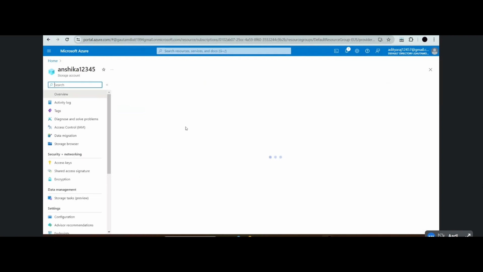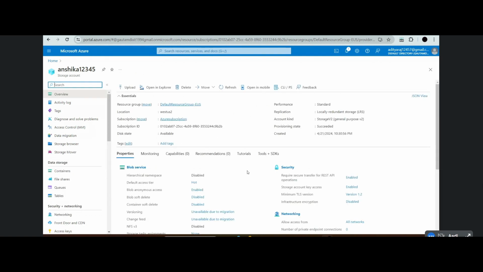Go to resource, and as we can see, our storage account is created. We can see the policies and account settings that we have enabled here. So this is the storage account that we created according to our business requirement, according to the case study that is available on the portal. We have selected the West US data center because our customers were primarily located in Southern California.